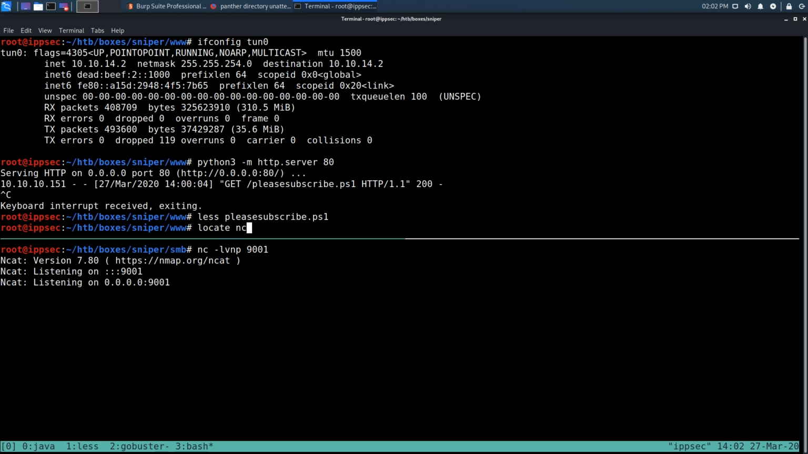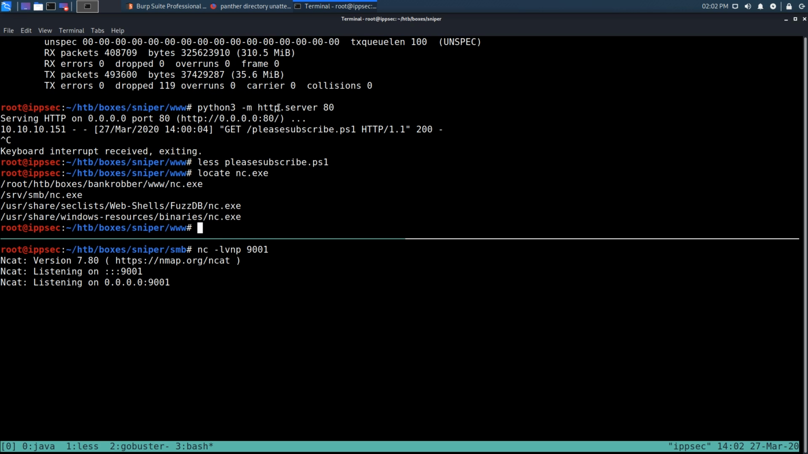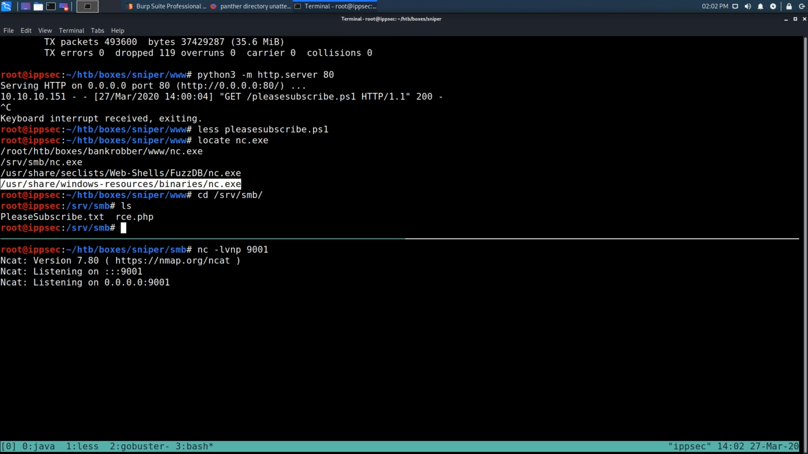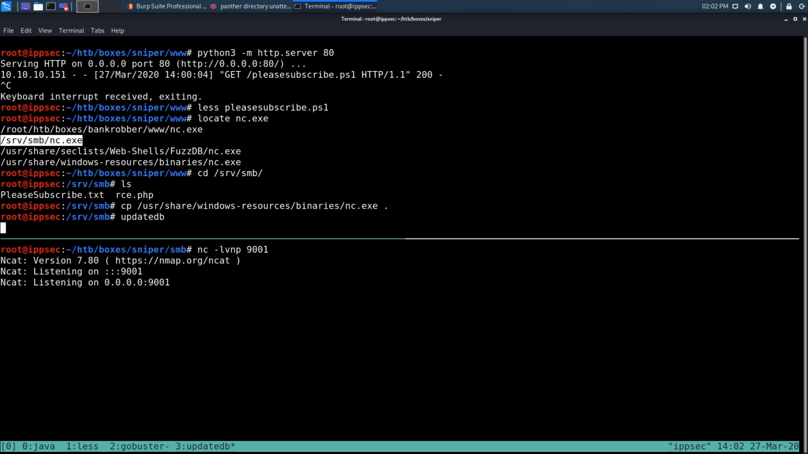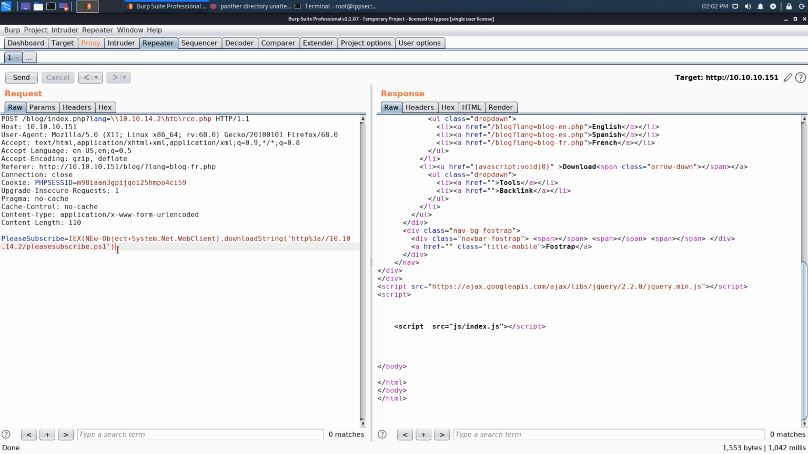So I'm going to locate nc.exe, and we're going to copy it from /usr/share/windows-resources/binaries/nc.exe and copy it here. And the locate command isn't always up to date. As you see, it said the file existed here when it didn't. You just have to run updatedb before you run locate to update that database. But now that we have netcat in this SMB share, let's try changing this to be